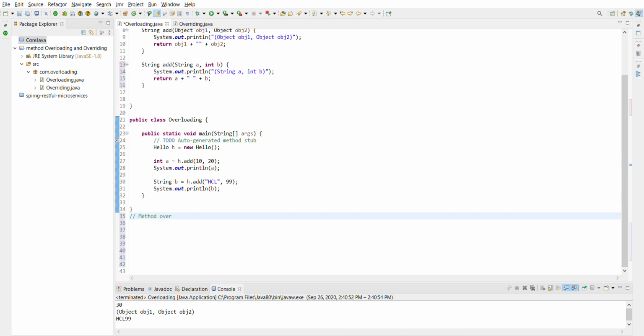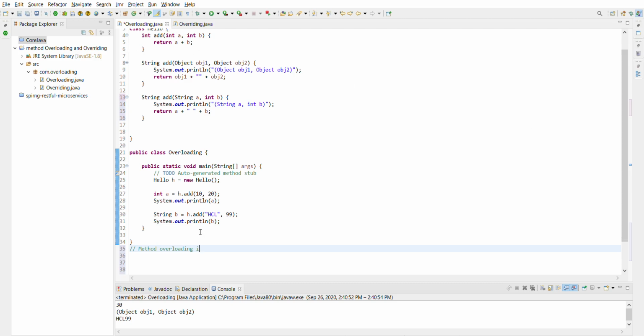Method overloading: method name should be the same, and parameters should be different, and return type can be the same or different.